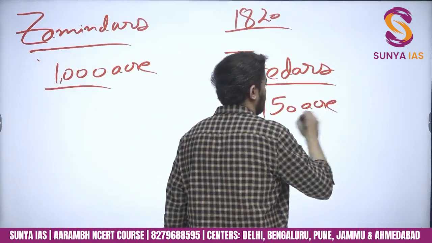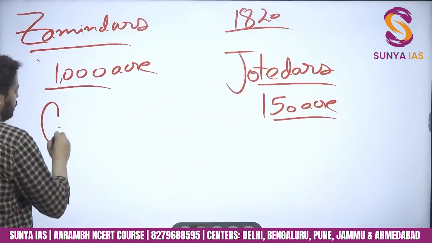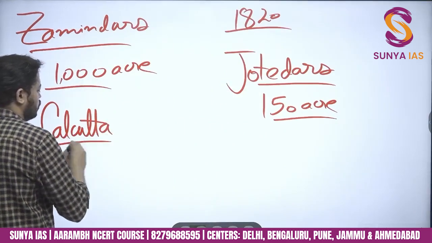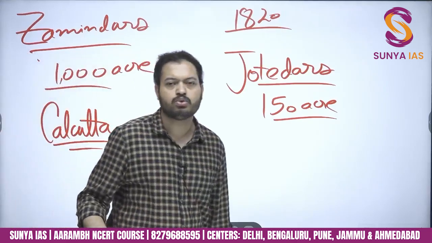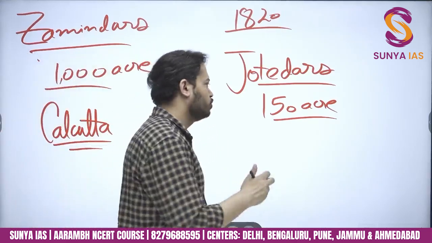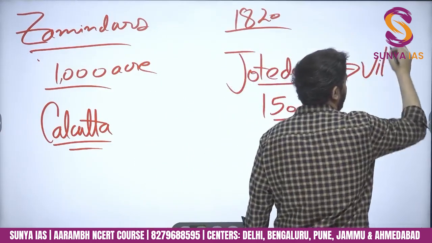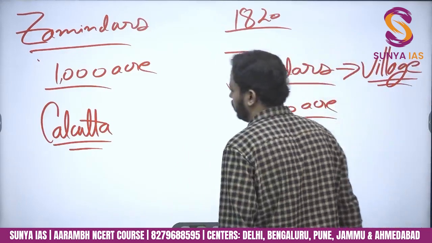Now the family of the zamindar usually used to move to Calcutta, and will expect the revenue collected to be transferred to them, and based on that revenue they used to live in Calcutta, the big city. The jotedars used to always live in the village only,